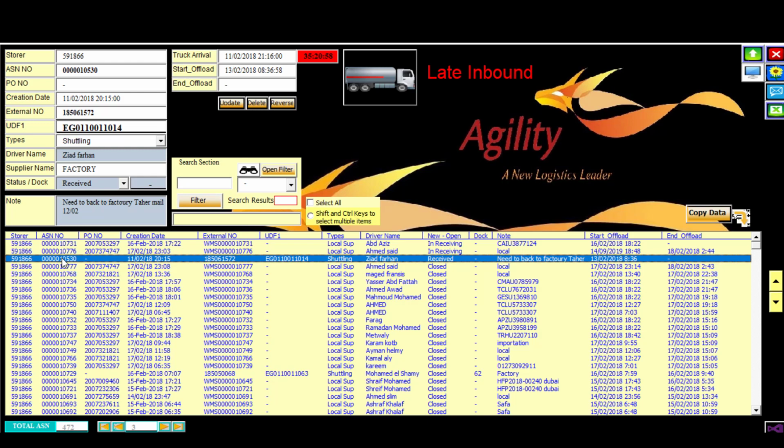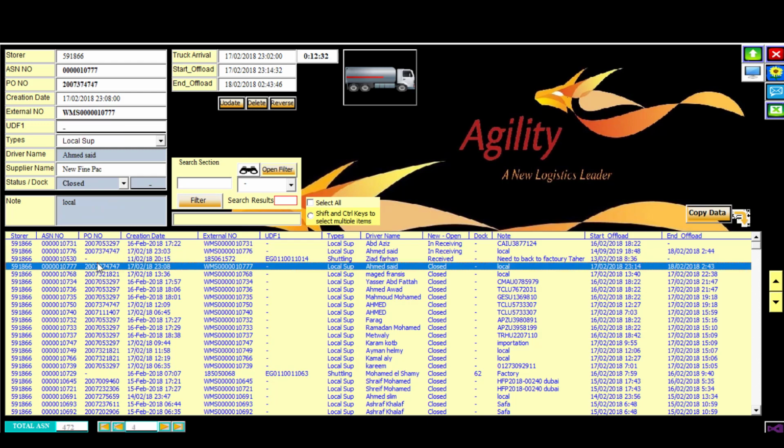So this is the order number, or number of the shipment on the system, BO number, creation date, external number, this number for the shipment related to the customer, user defined, and this is a reference number for the system, type for this shipment, local shipment or shuttling or local supplier,